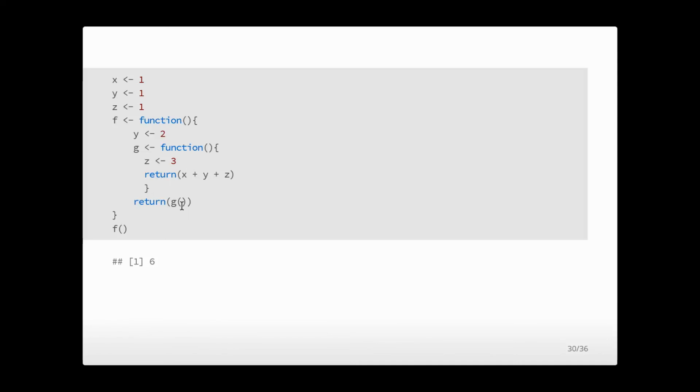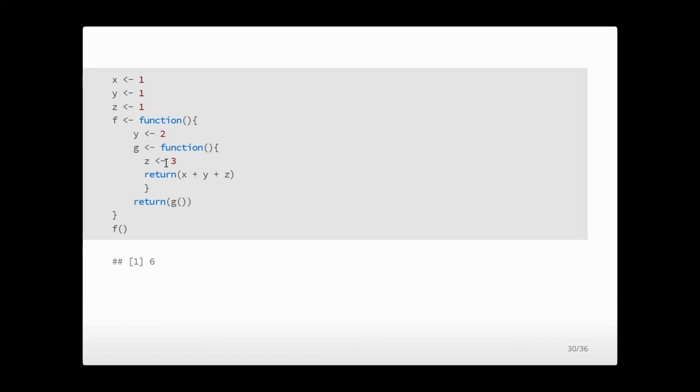So when we run f, it's going to return 6 because it takes the z, this 3, it takes this y, 2, and it's looking for the x, so it goes to the highest scope, which is 1, okay? So the z it finds in this scope, it doesn't find the y, so it goes to the next higher scope, it takes that 2. And then it looks for the x, it doesn't find it in any of these scopes, so it goes to the global one,